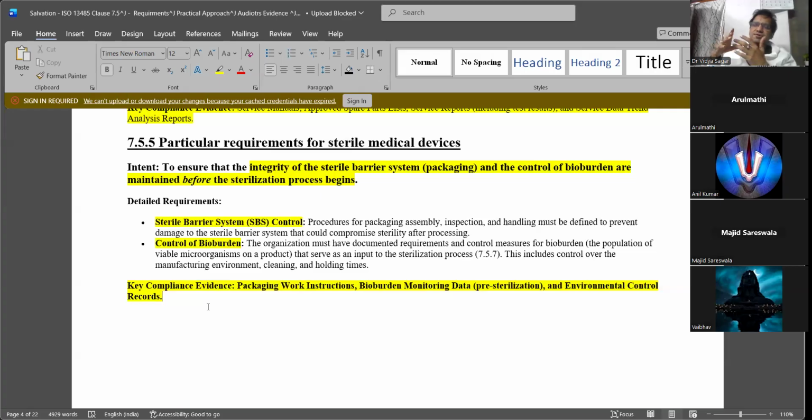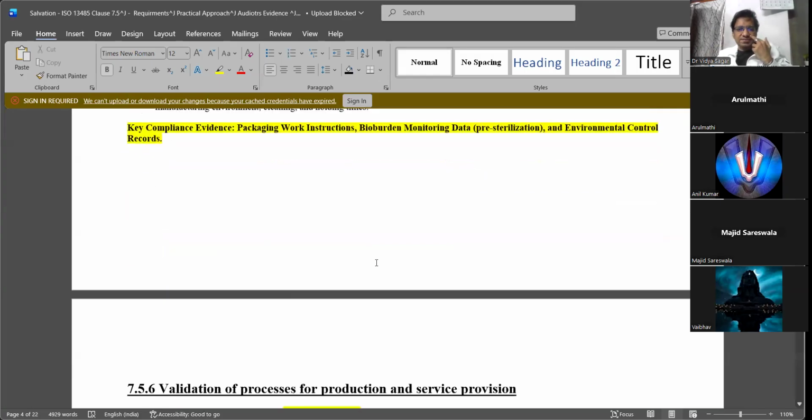So how do you remove the endotoxin? There is a procedure or protocol even to remove the endotoxin. Not on devices which have endotoxin limits, but mainly on the devices where endotoxins are wanted at zero level, you have an SOP procedure on how to clean them. Okay, this is on sterile medical devices.